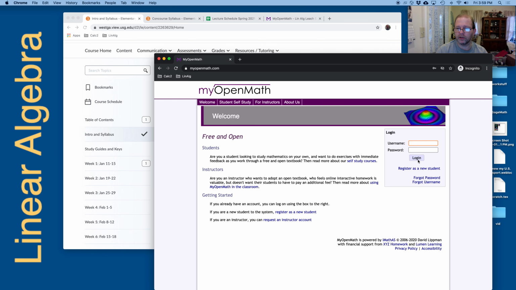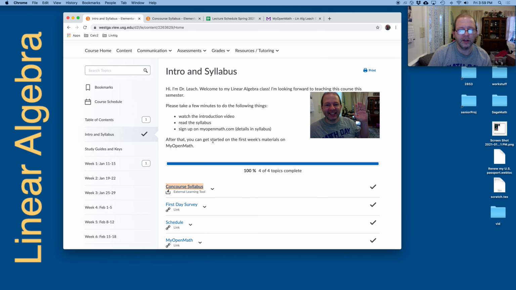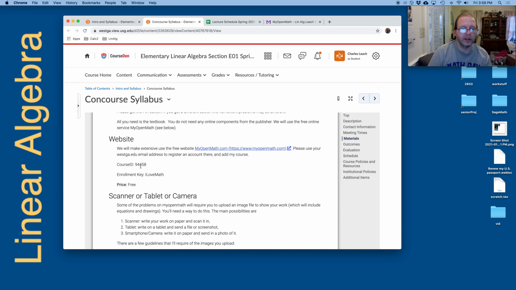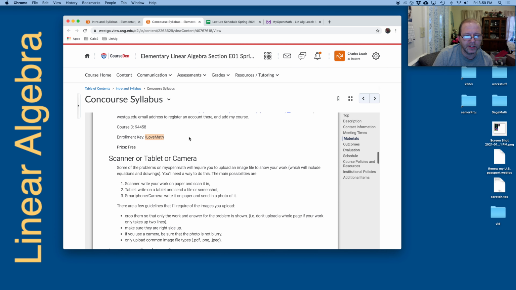You might already have one from a previous class, but once you're in there, you can use this course ID and this enrollment key, and that'll get you set up to be in my class. I want to look at MyOpenMath a bit more in a minute, but let's keep talking about this stuff.